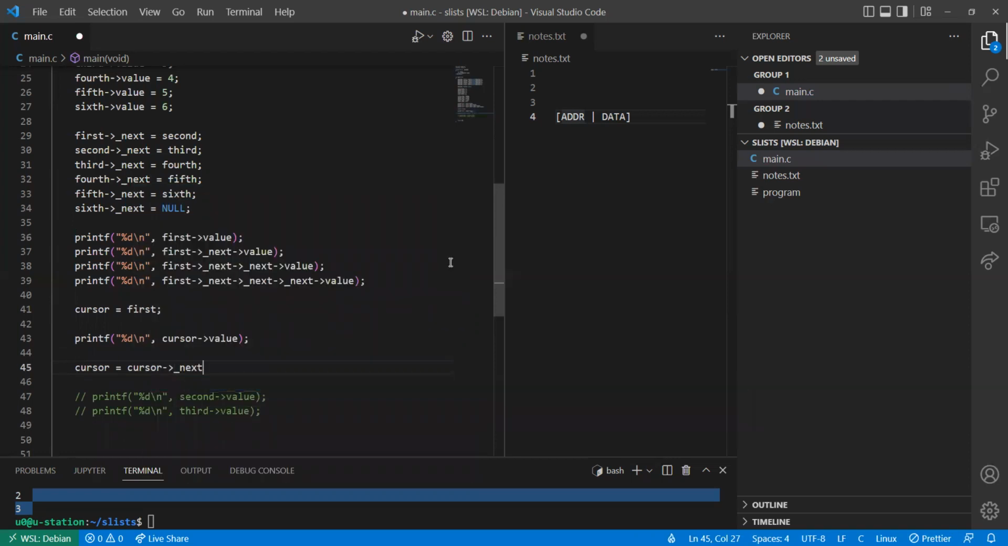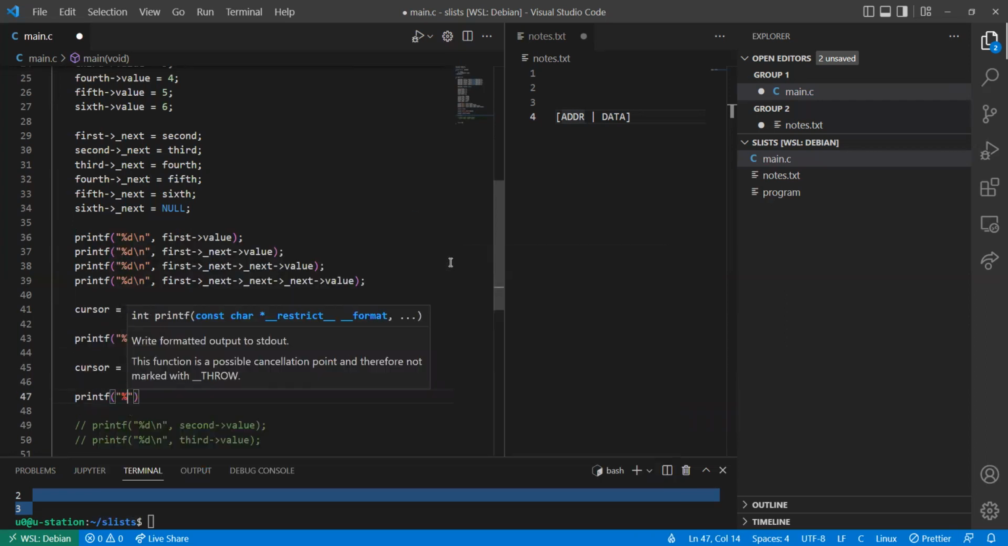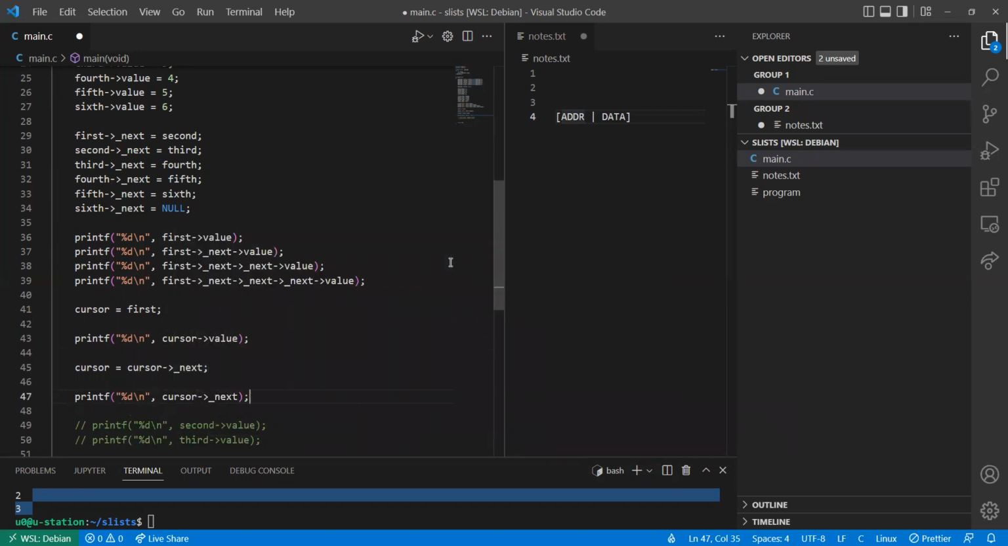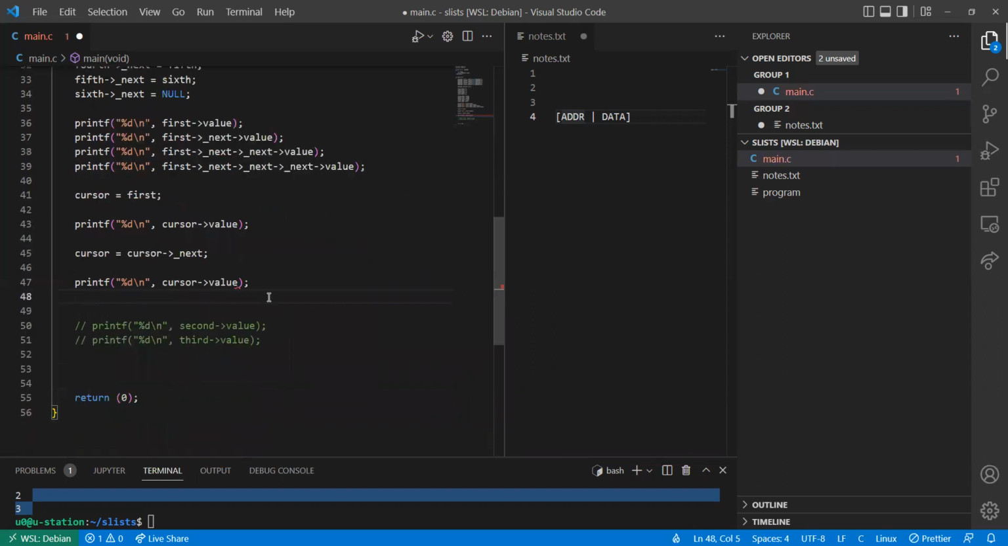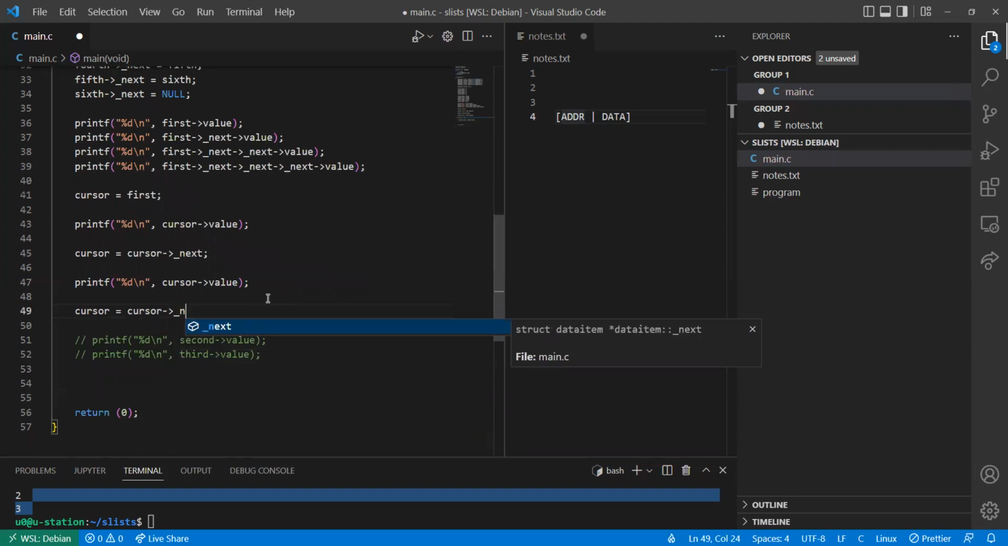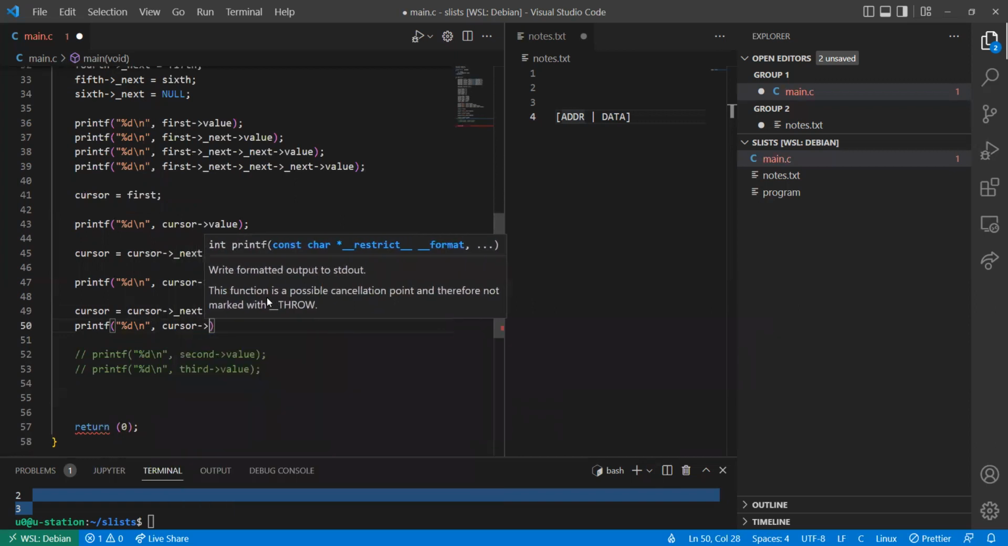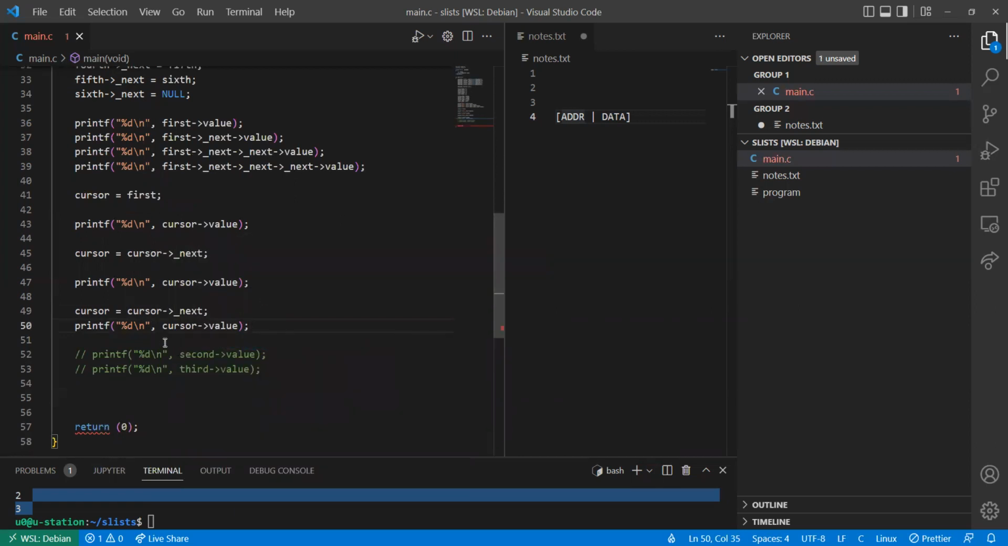Then we move the cursor to the next element. So we can say cursor equal cursor next. Then we print the value of the current element. Sorry, I want to say value. So we're starting to see a pattern here. We set the cursor to the next element, then we display the value of the current element. So the cursor will store the references one by one and display the values, which means we can use that